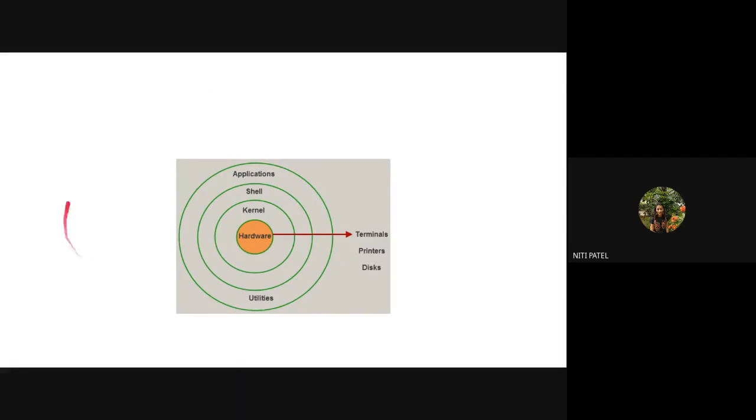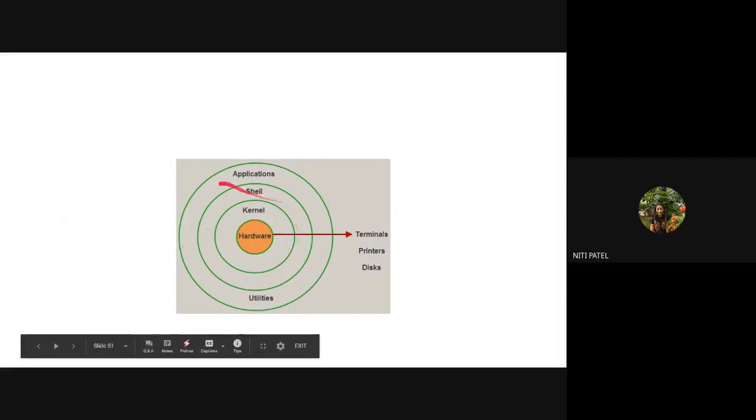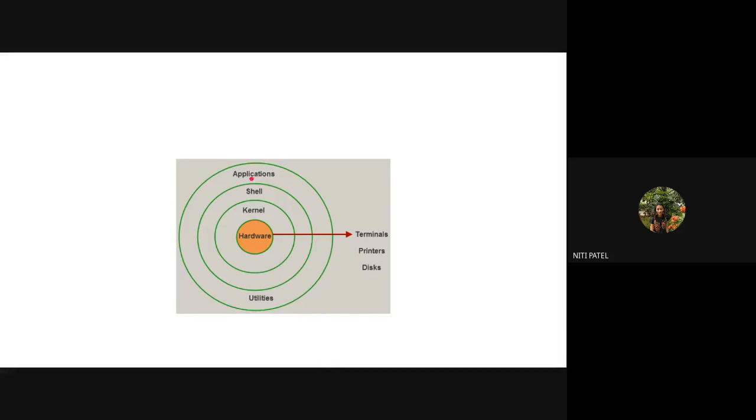If you see this diagram, we have utilities, which are nothing but called applications. What are the applications? Your Paint, MS Word, anything that a user installs is considered an application. Then you have a shell, and then you have a kernel, and then you have hardware. Now applications can be your programs also, or the processes also, P1, P2, P3 processes.